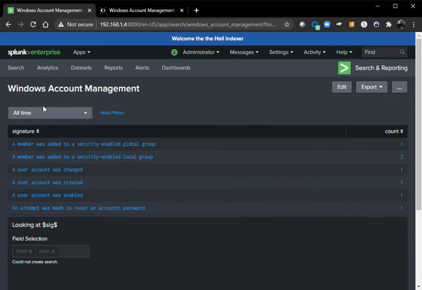So at the top here, I do give you a time range picker. I have the first panel that gives you a high level overview of all the different events that are going on in your environment. This is a lookup sheet in the background that's looking at the event code, and this is why I recommend downloading our Windows add-on, because the lookup sheets are very helpful and take event code number 1234 and change it into what it means. And now anything that's in blue is a drill down, or it's clickable. So I'm going to click on a user account was created,